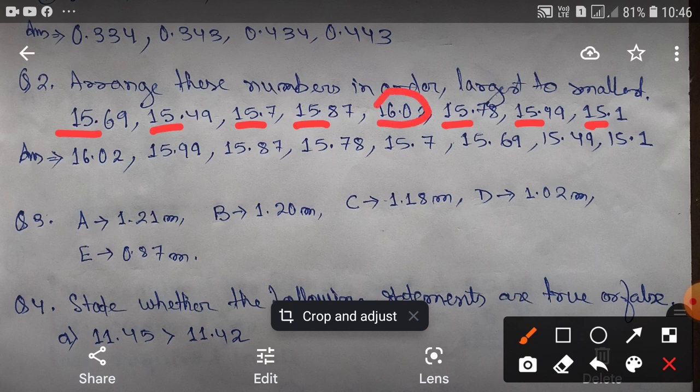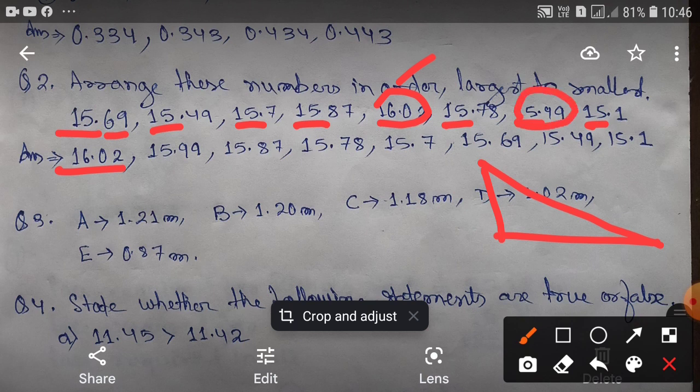Okay, and we have to arrange from the largest to the smallest. That means we have to write the larger number first and the smaller at the last. Since 16 is bigger than 15, we'll write it in the first place. Now let us start comparing the numbers having whole part as 15. If you compare them, you'll find that